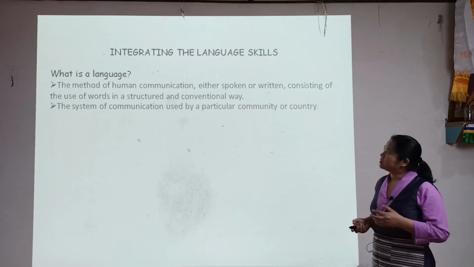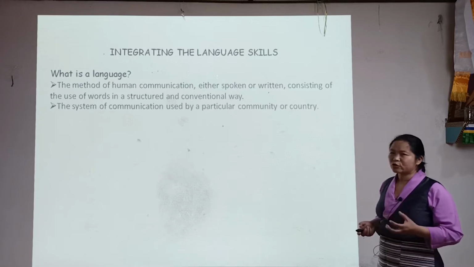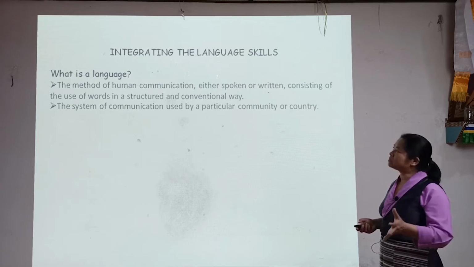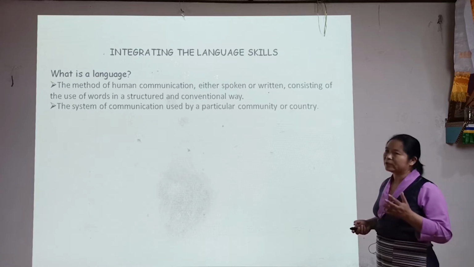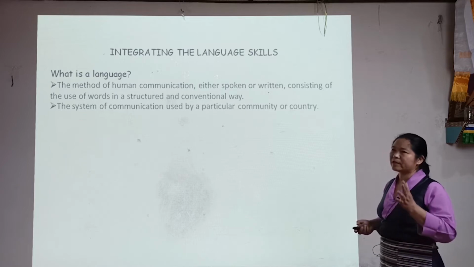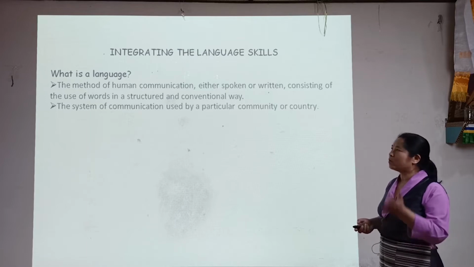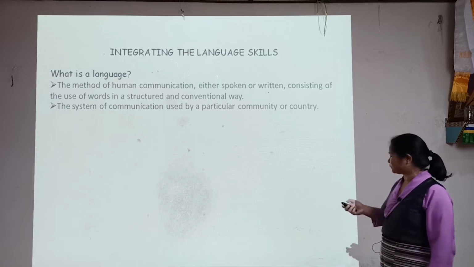What does communication mean? What happens in a communication? Communication means transferring knowledge from one medium to the other. So there is a transfer. Same happens with learning. Learning only takes place if there is a transfer of information, of knowledge from one medium to the other or from one person to the other.